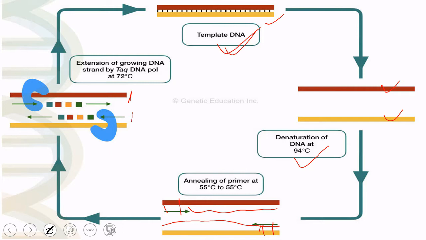After the completion of the cycle, this DNA will again go for the denaturation step. So now we will have four single-stranded DNA, and then the four single strands will be annealed with the primers, and then they will go on. So this goes on in this cycling manner every time. That's why it is called a cyclic process, or the PCR cycle.